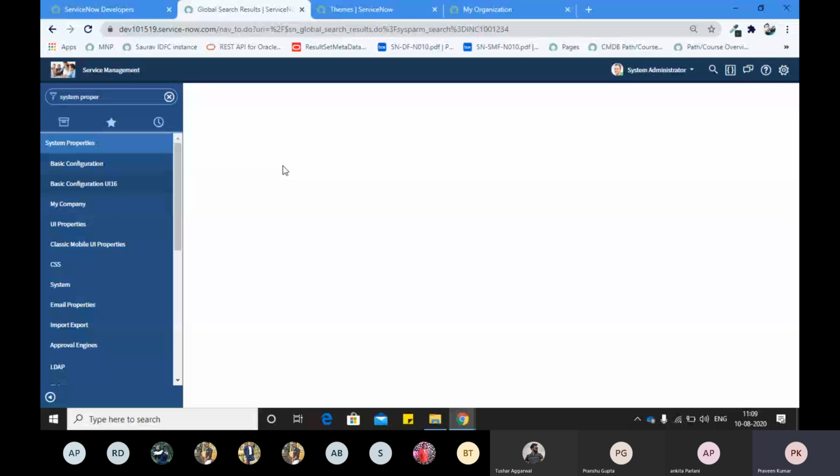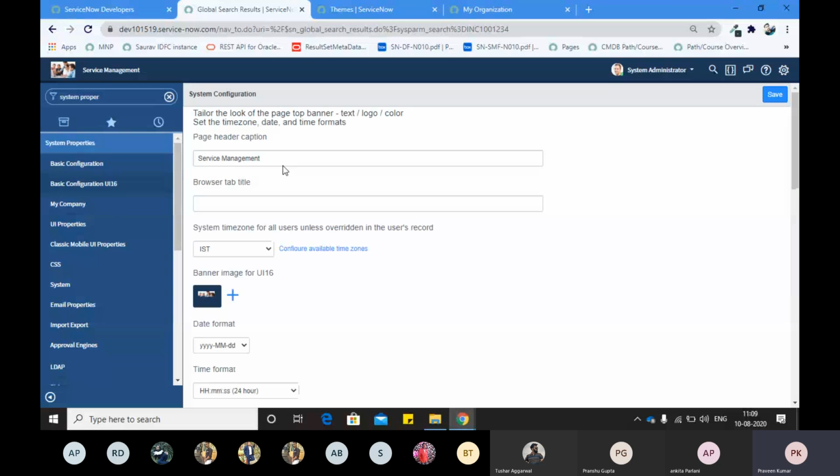Why am I taking you towards all these things? These are not very technical things. You can go by yourself and change whatever you want to change. And if all of you have gone through the basic fundamental things, you have already seen that all these things are defined there, right? So you can see this service management tagline. You can see here, right? If I change it here, it will get changed there, right?